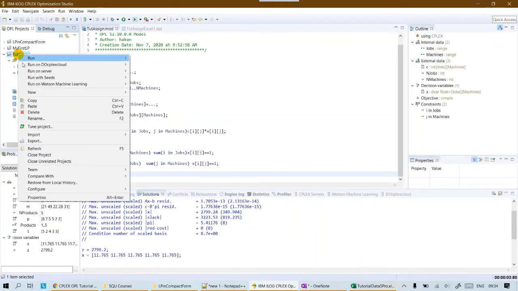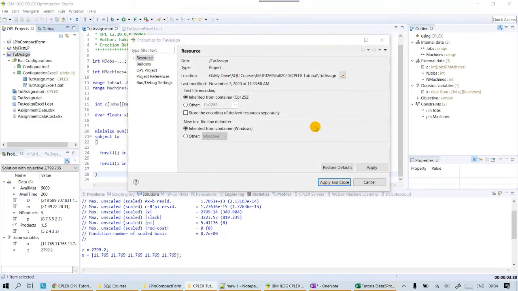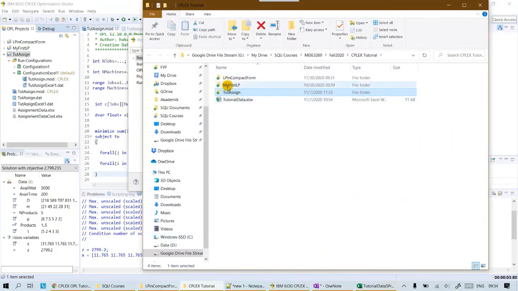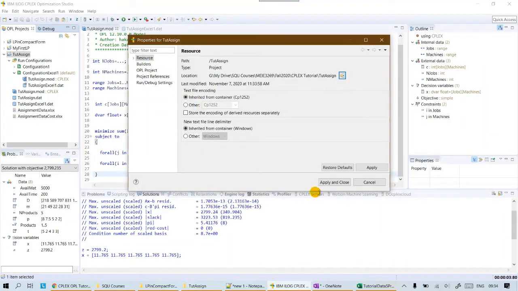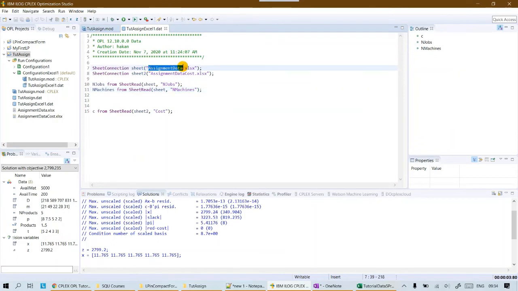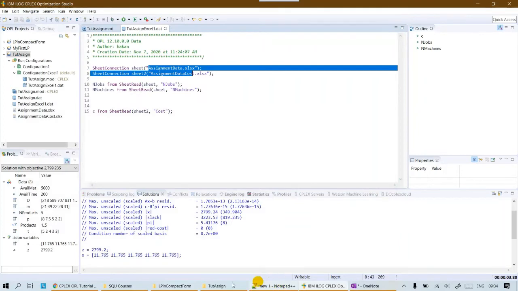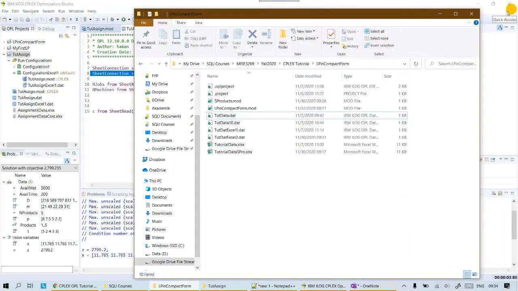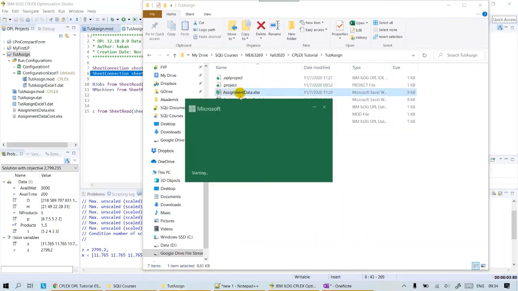Again, if you right click on the project, go to properties, and click on this one, it will open the project folder, which is this one. As you can see, I'm reading the data from assignment data and assignment data cost. I am using 2 Excel files. Let me close this file and this one as well. So as you can see in this assignment data,